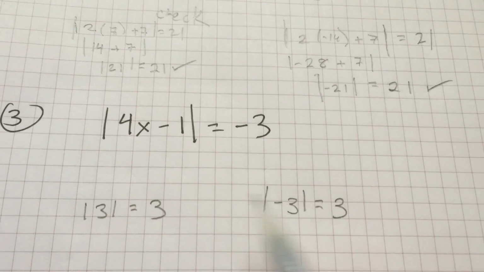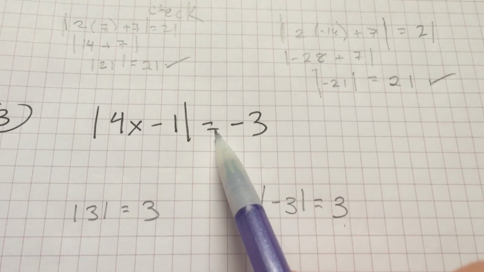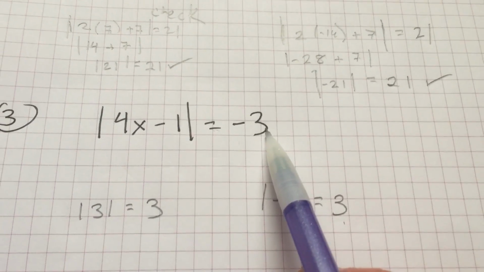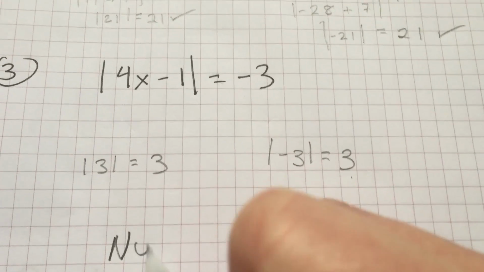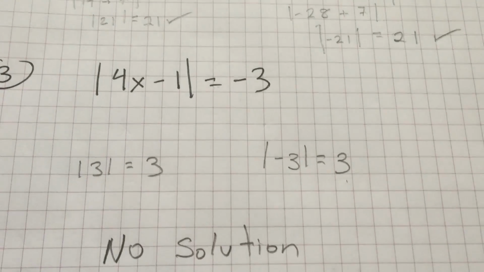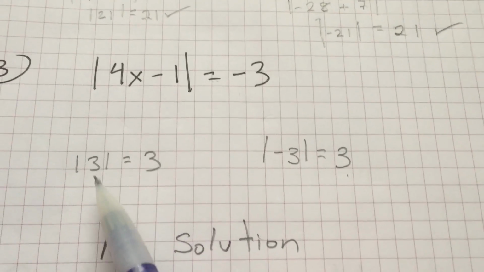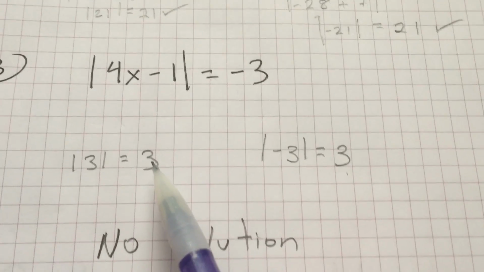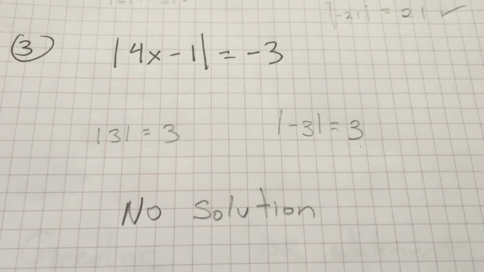Our distance is always positive, which means, can you ever have an absolute value equal to a negative? And the answer is no. So this is a quick no solution. There is no number that I'll be able to plug inside of x to get a negative value out when I do the absolute value. So this is a no